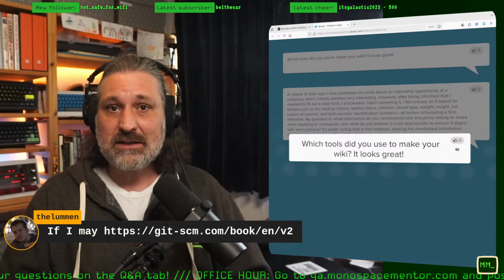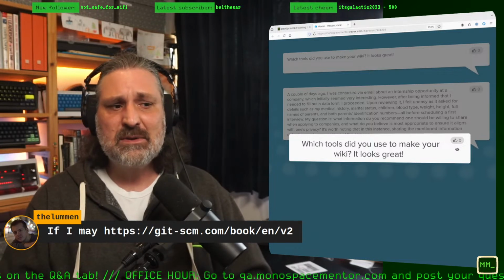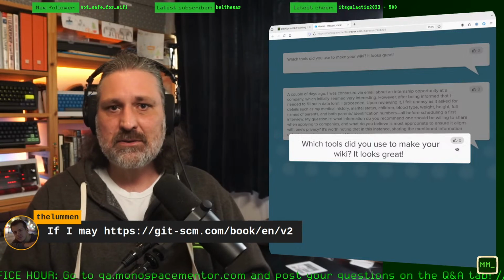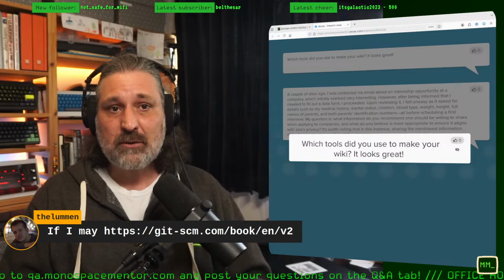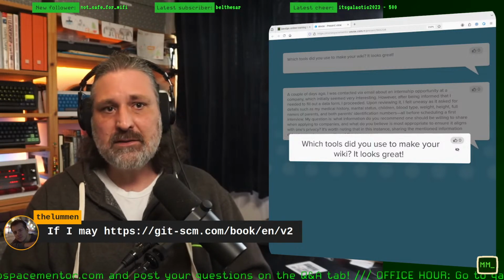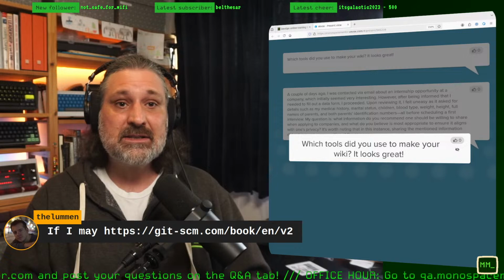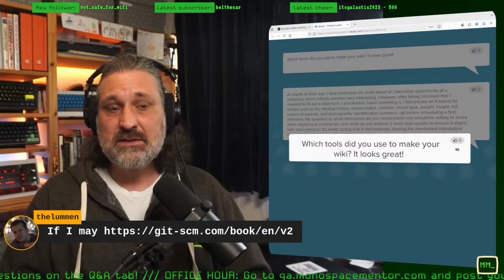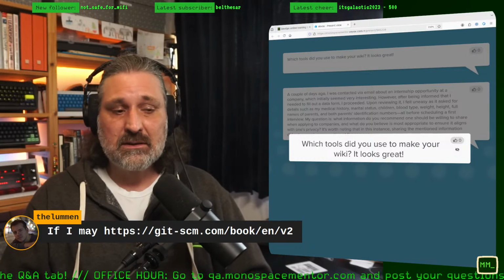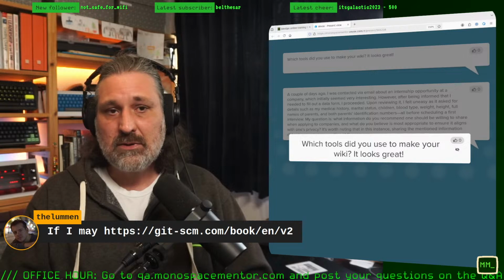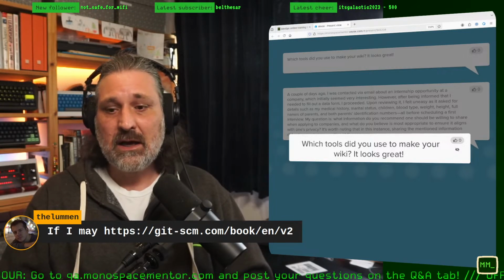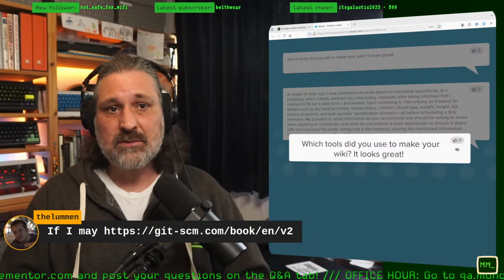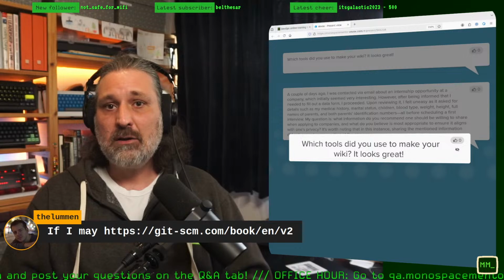So yeah, I've been using Obsidian, and lately I thought, how about I simply create a wiki that would add more value to the Monospace Mentor website. So I created a new Obsidian vault, moved all the notes that are related to IT to that vault, and then I used Obsidian Publish, which is a paid add-on to the Obsidian note application that lets you publish your notes as a website. And then I simply added a redirect that points from wiki.monospacementor.com to the Obsidian Publish domain, and that's it.